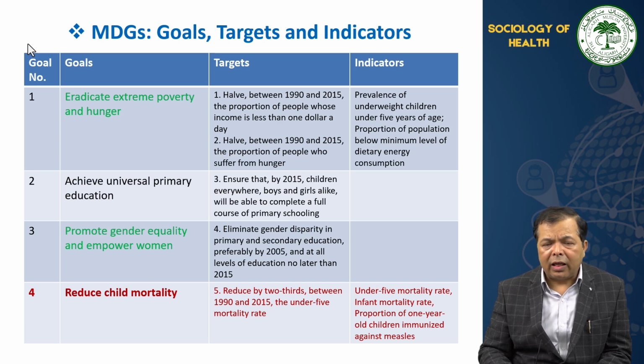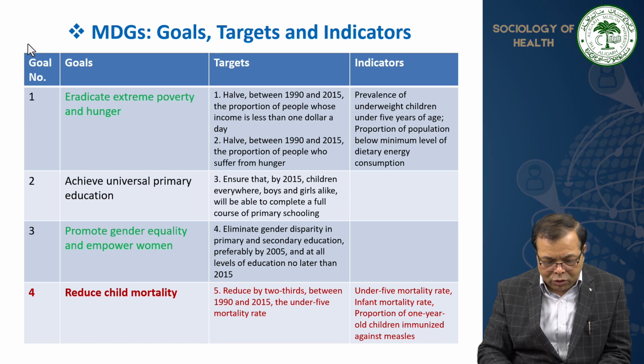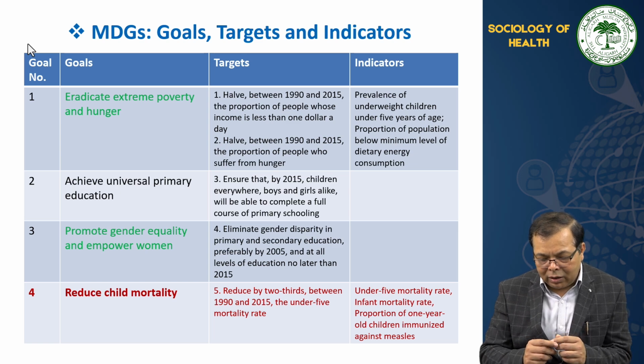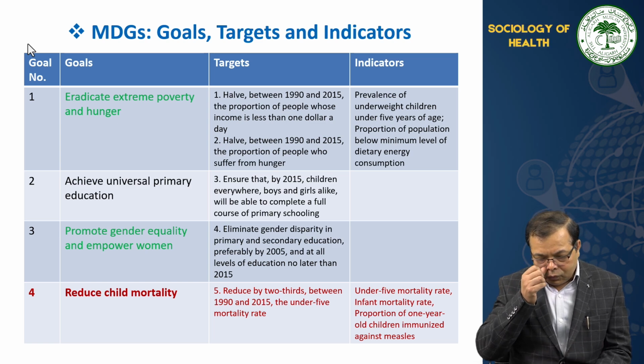Development Goals. Now let us have a look at the specific targets related to the health goals. So have a look at goal number 4, reduce child mortality, and the target here is reduce by 2/3 between 1990 and 2015 the under 5 mortality rate. Now here we will try to understand the target. It says that reduce by 2/3 between 1990 and 2015. That means although the target